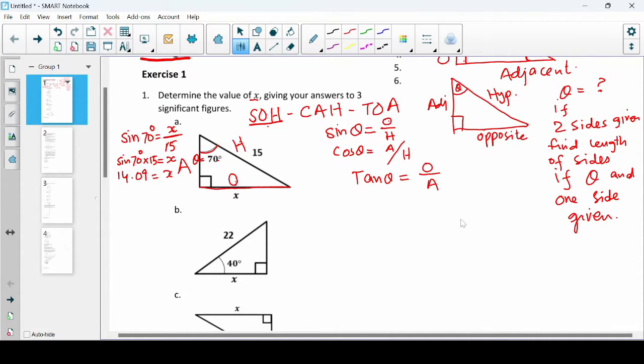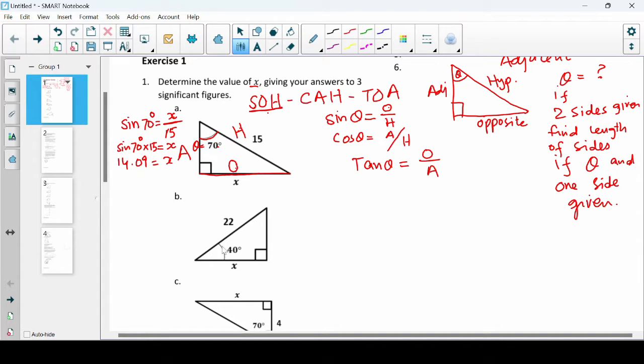Using the same method, we solve one more question, and in this question we have been given this angle 40. So the first step is we have to name all three sides. The side opposite of the given angle is always the opposite, so we write it as O, and the longer side is the hypotenuse, so we write it as H, and the adjacent side is A, right? So in this case, again, we have to find the adjacent,